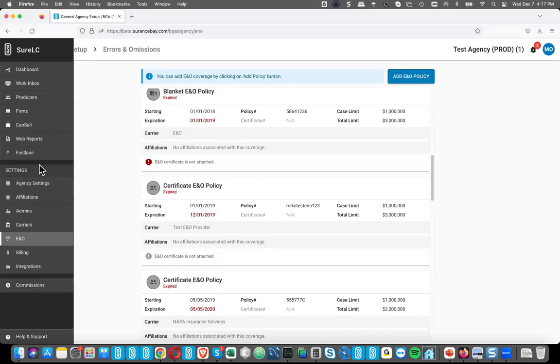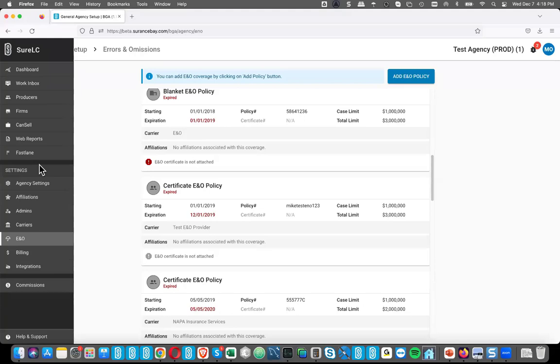And then if you could reiterate what the impact will be on producers with the links that they're using today. Oh, yes, great question. So this change is only applying to your agency logins. The producers are not going to see any differences at all. They've been using a web-based version for a couple of years. The links that they use to access SureLC for each of your agencies are all staying the same. We're not changing any of that. SureLC.com is only for agency admins at this time.